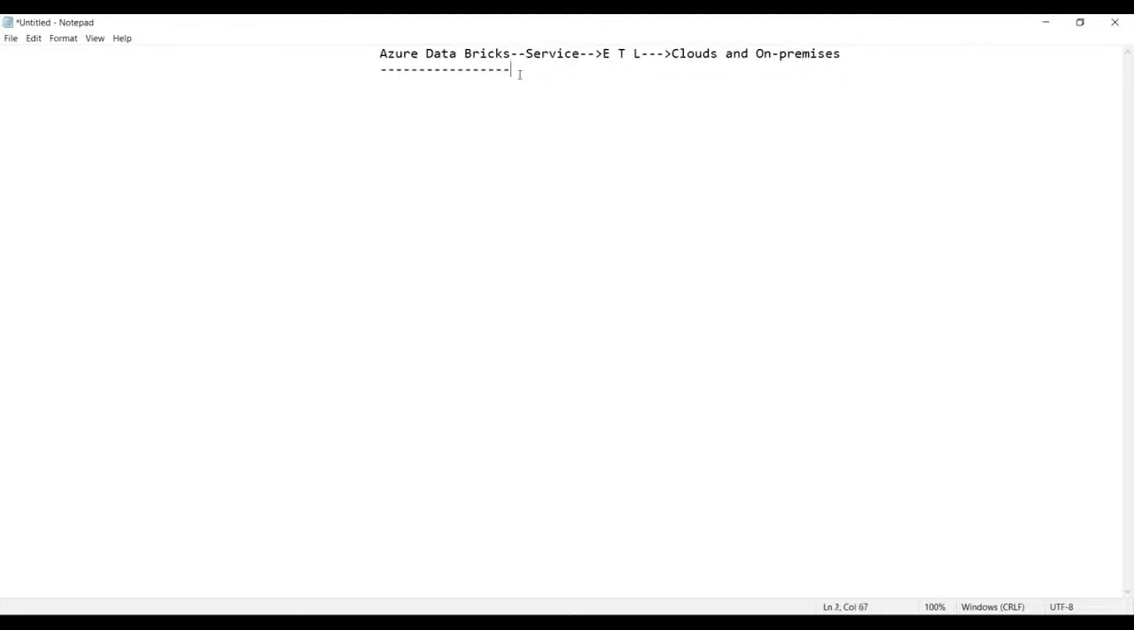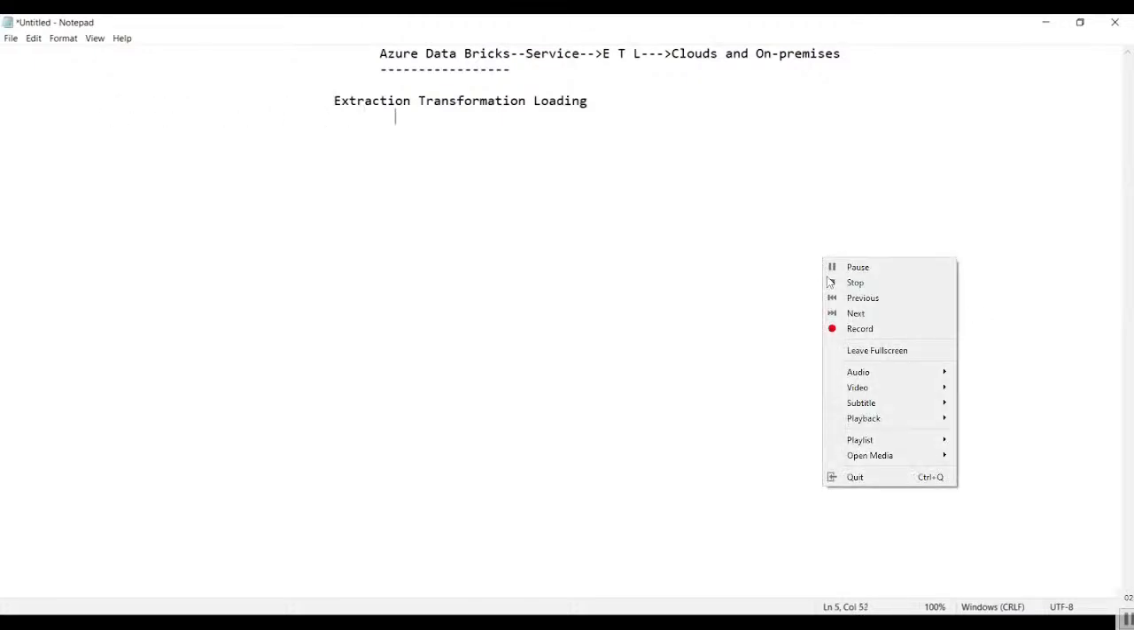So what is basically an ETL? ETL, as we know, stands for extraction, transformation, and loading. Now, guys, when it comes to extraction, transformation, and loading, this is a process